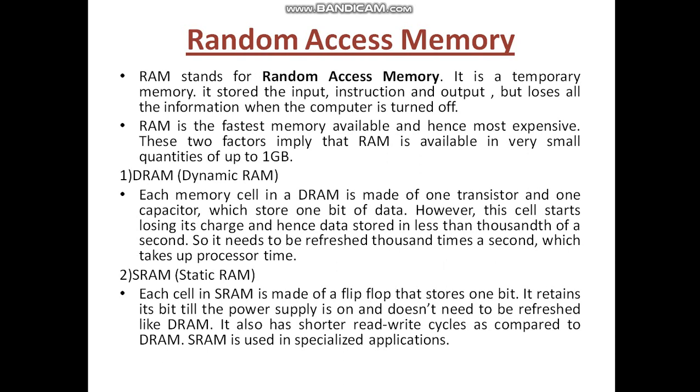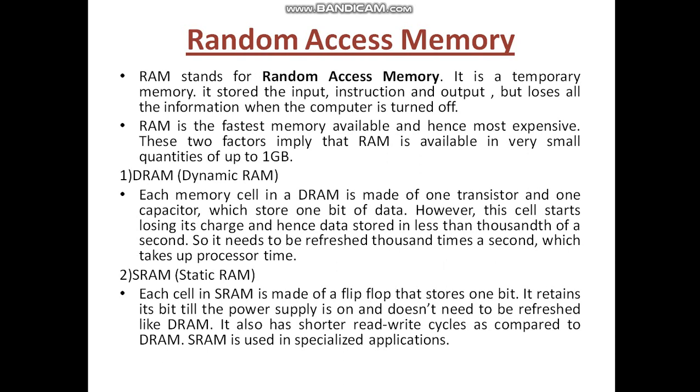Take an example. Suppose you are working on MS Paint and drawing something, and suddenly your laptop turns off because the battery is low, right? And you have not saved your drawing. When you charge your laptop and open your computer and MS Paint again, you see that the drawing is not there. It means your drawing was saved temporarily in your RAM, and when the computer turned off, RAM cleared its old memory. This is what RAM does. It saves the data temporarily, meaning it loses all the information when the computer is turned off.